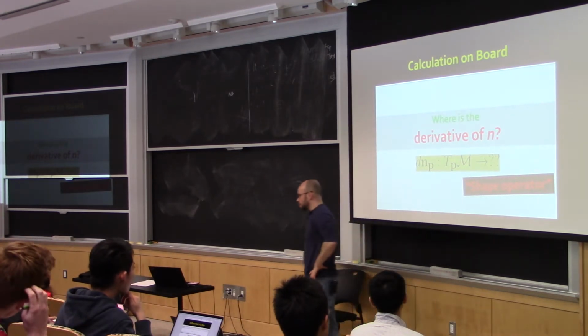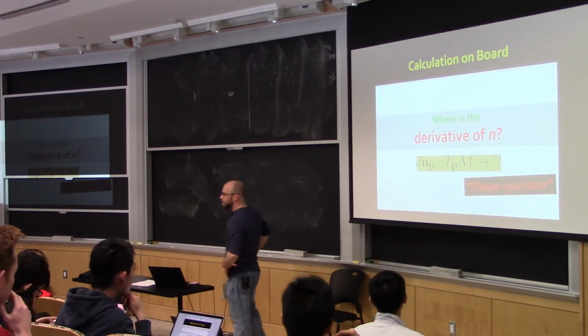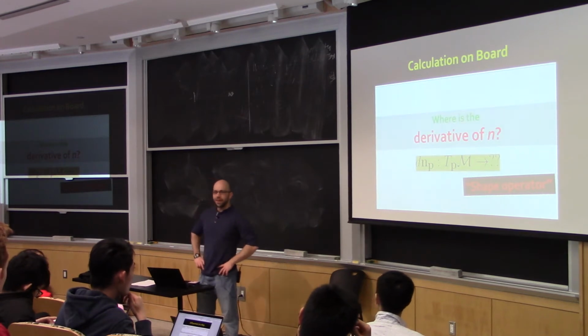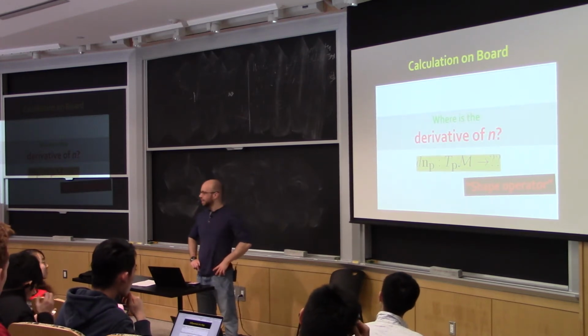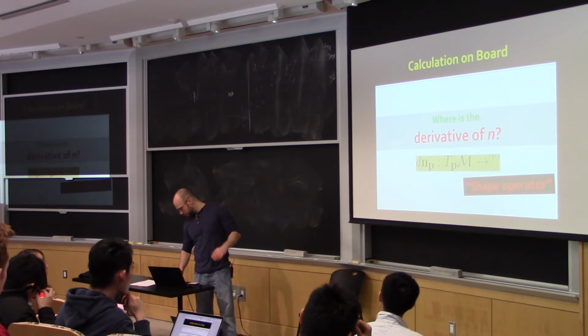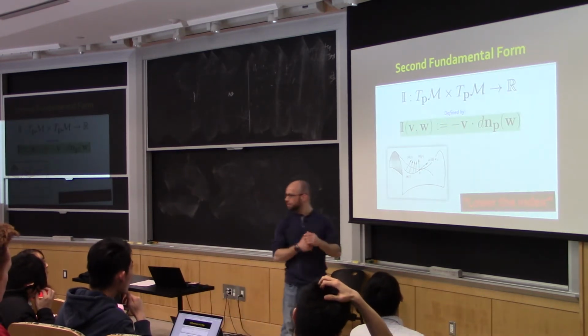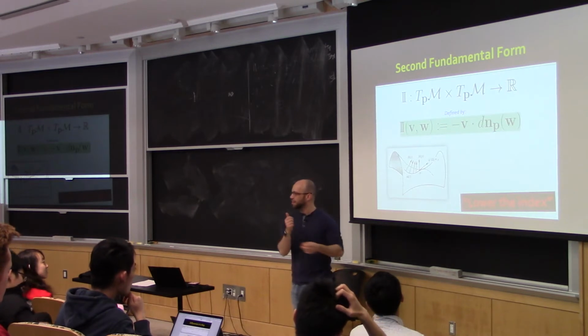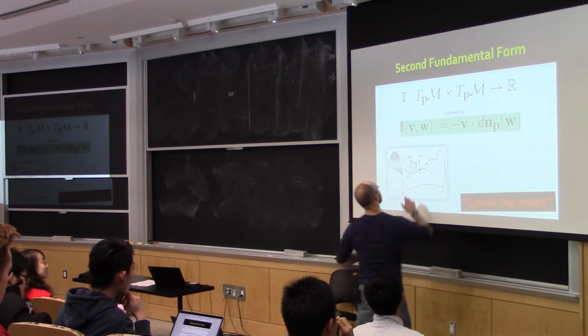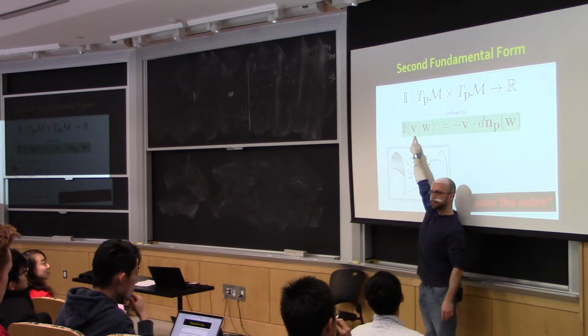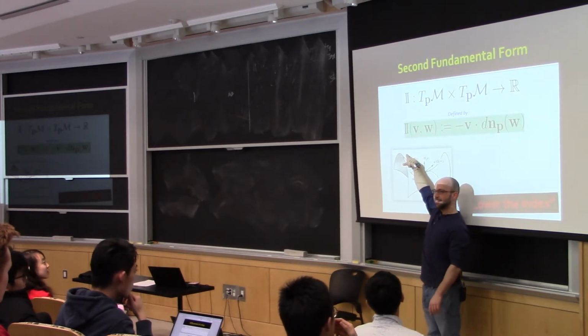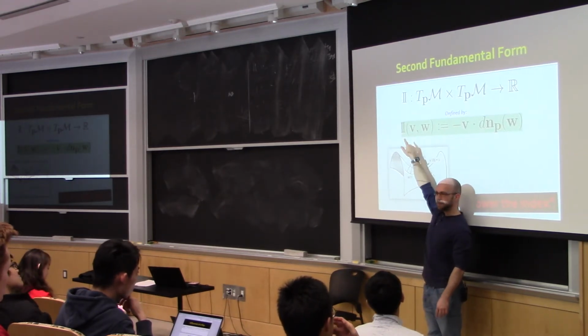And then largely out of formality in differential geometry, we defined a second object which is equivalent to dN, right? And this thing was called the second fundamental form. And when I say equivalent, what I mean is that it encodes the same information, right? I could get one from the other, vice versa. So dN, remember, is an operator that takes a vector and outputs a vector. This thing takes two vectors and outputs a number.